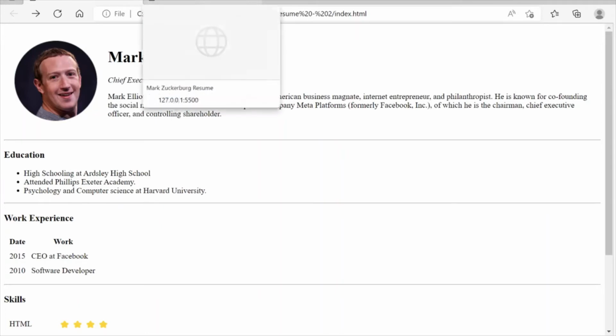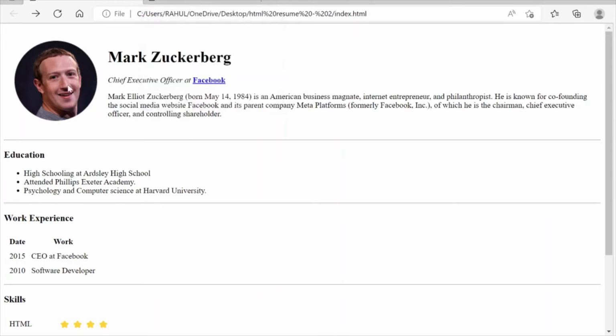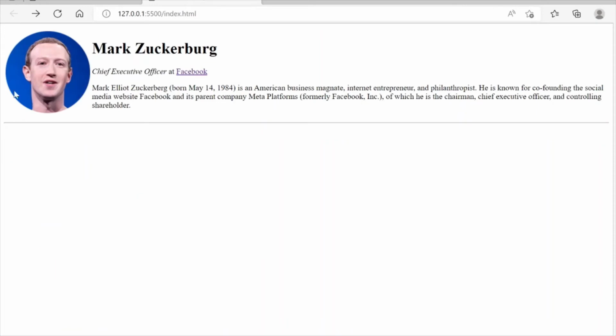Before moving ahead to the next section, you can see that there is a little bit of space between the image and the content, but on our side that we are developing, there is no space.